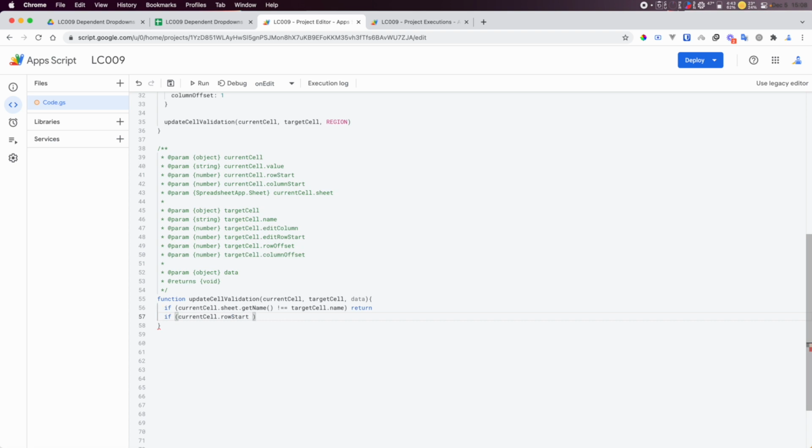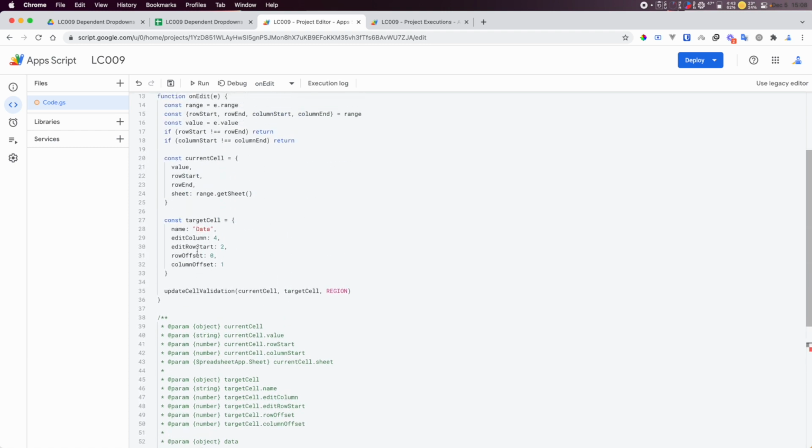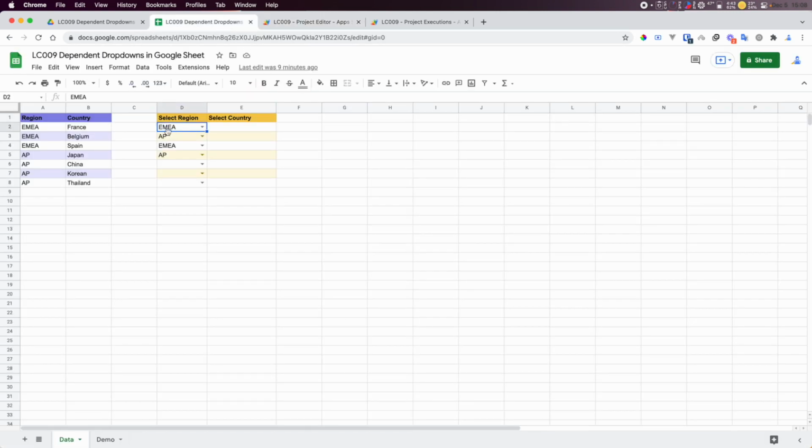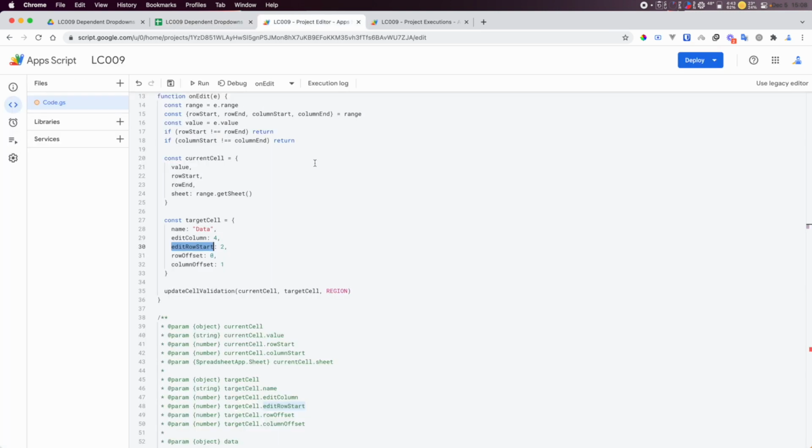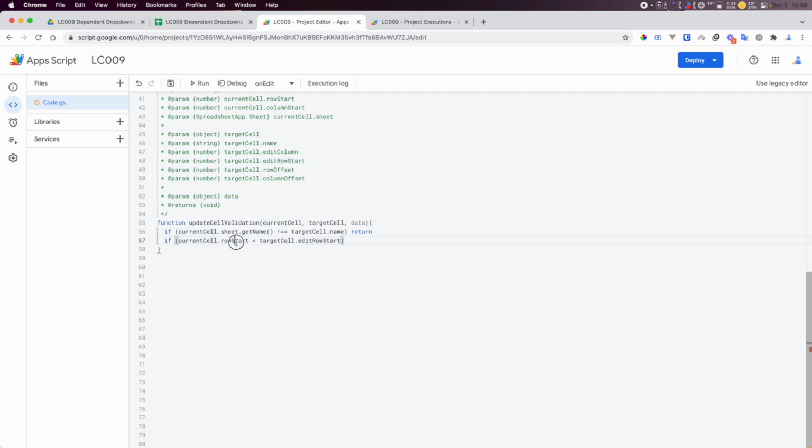And if current cell row star, so this is the row you added, right? If less than target cell dot added row start, because we start from row 2, right? So target cell added row start, only if the added row is greater than or equal to row 2, then we do the change here. So if you do a change here in row 1, we're going to ignore, right? So in this case, if the current cell row start is less than target cell added row start, we're going to return here. And finally, if current cell dot column start is not equal to target cell dot column,